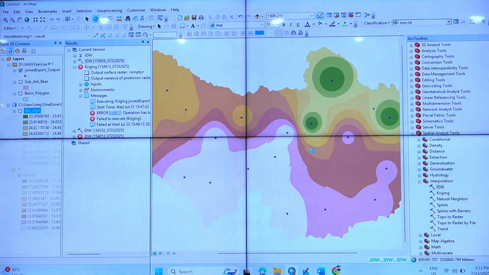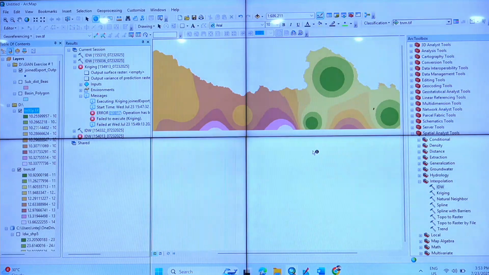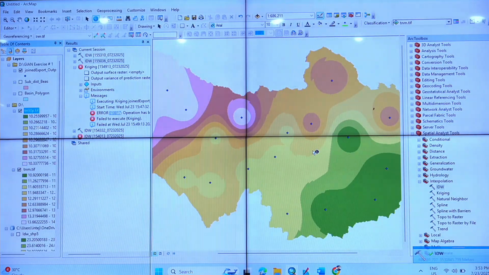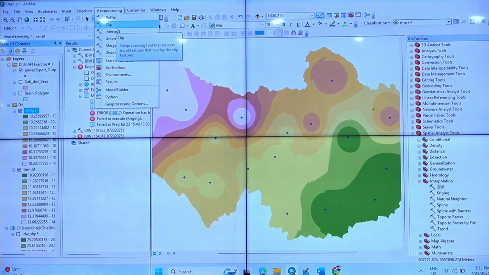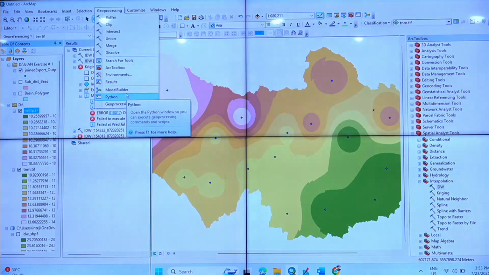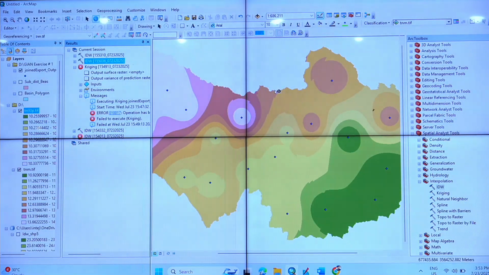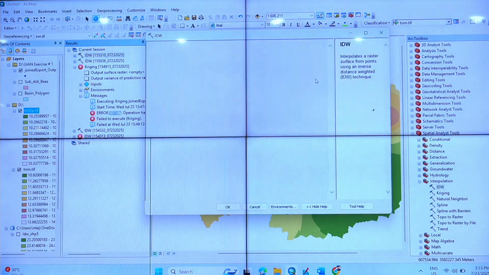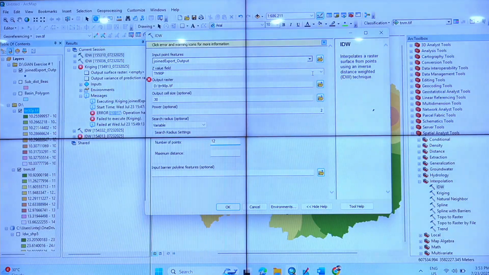Sir. Results, right? And then go to this layer and only you change the two things.